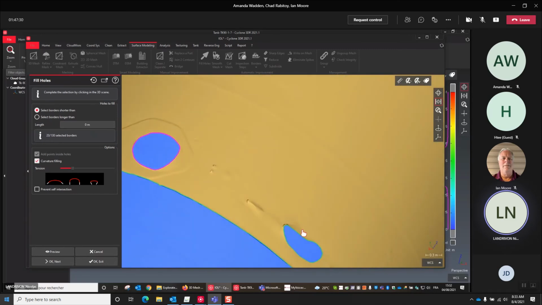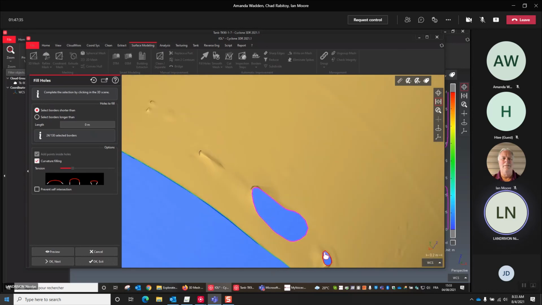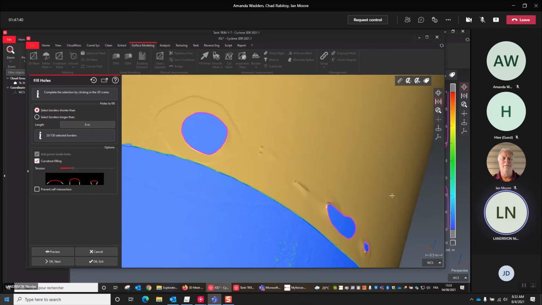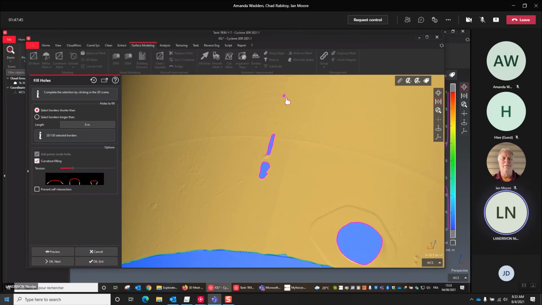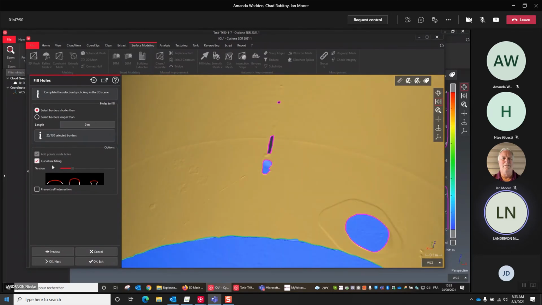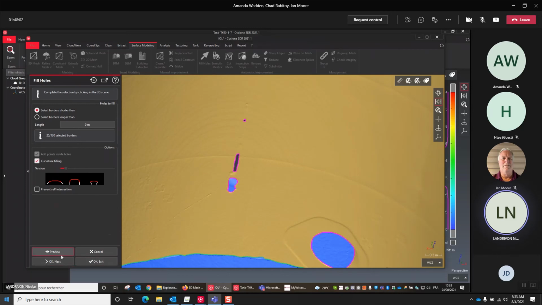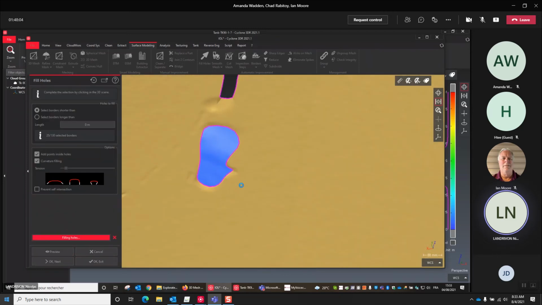So this is why, when it's in the properties of the mesh, when you can see one hole or contour, for the software it's the same. So once you have selected the contour that you want, you have also one additional option, which is the curvature filling. Depending on the curvature, you can decide to make it flat or just to make it follow the curvature. So if I say, for instance,